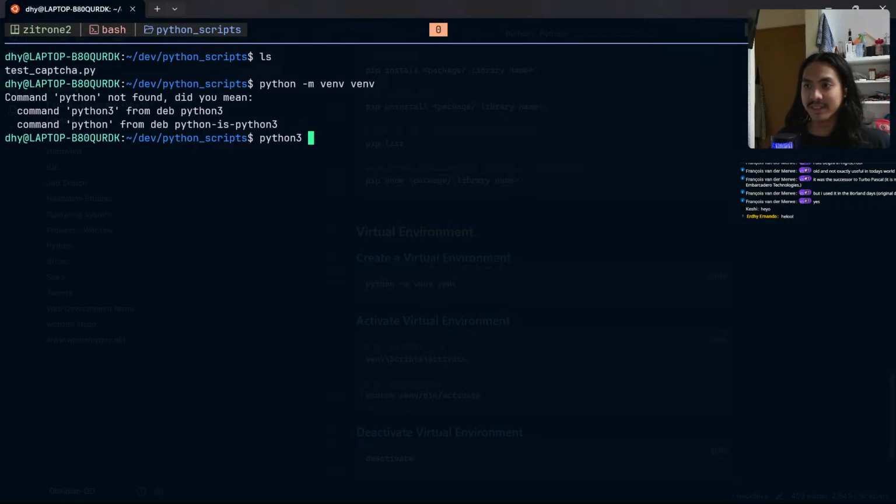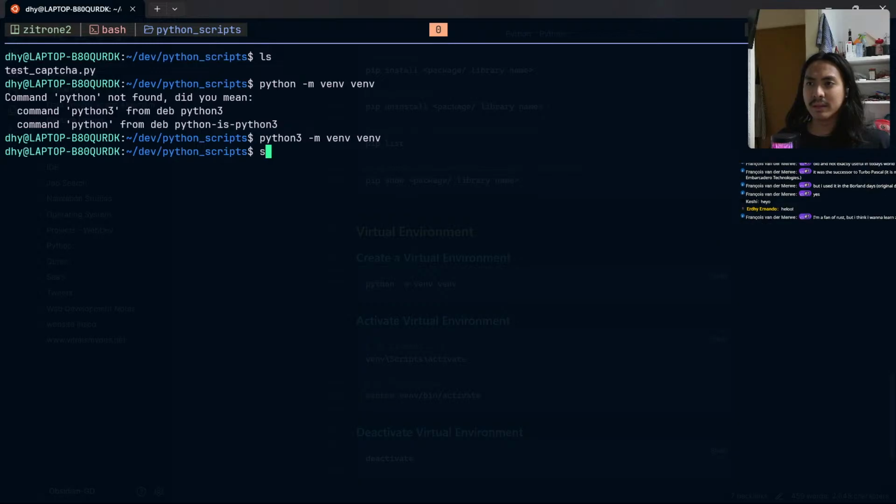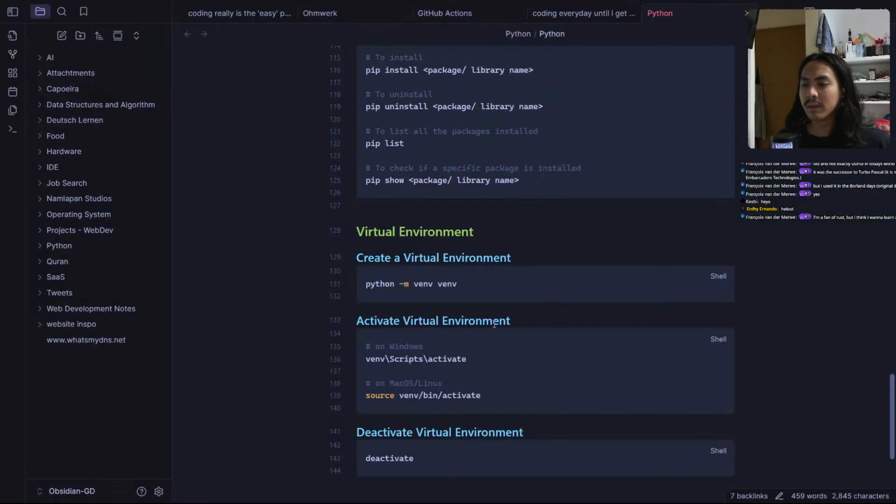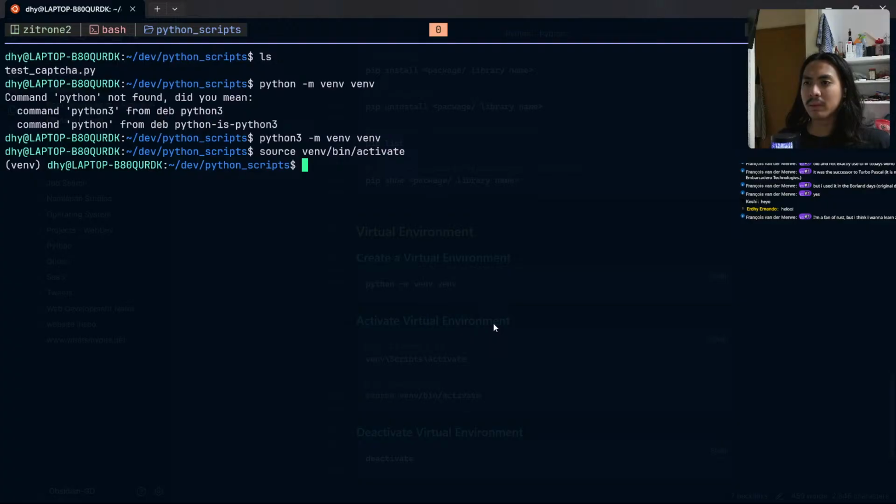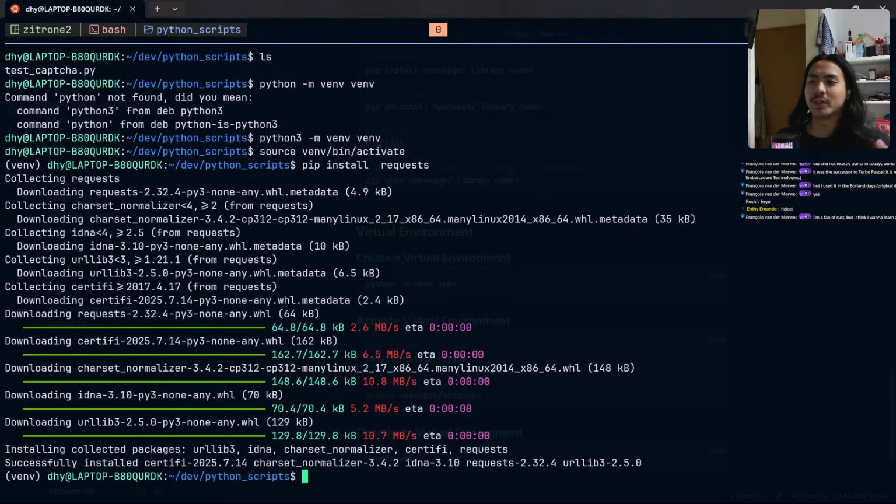Python 3. Okay, I understand why I left Python, because all this environment stuff is bullshit. Maybe if I use UV, I think UV has a lot of new things in Python. So